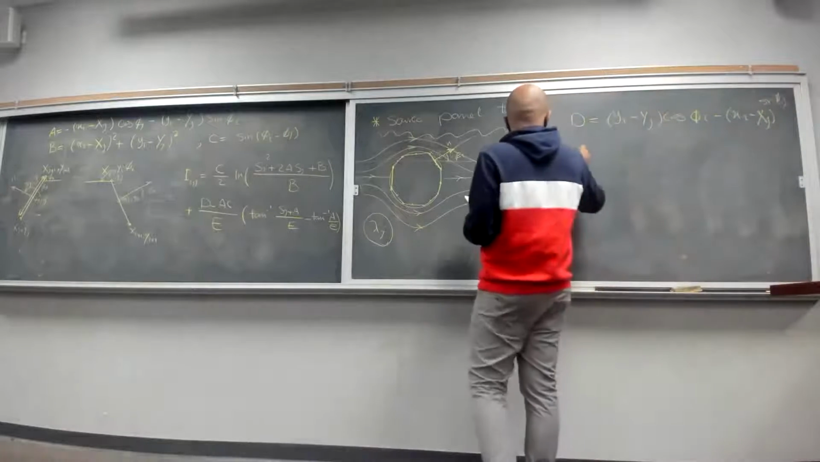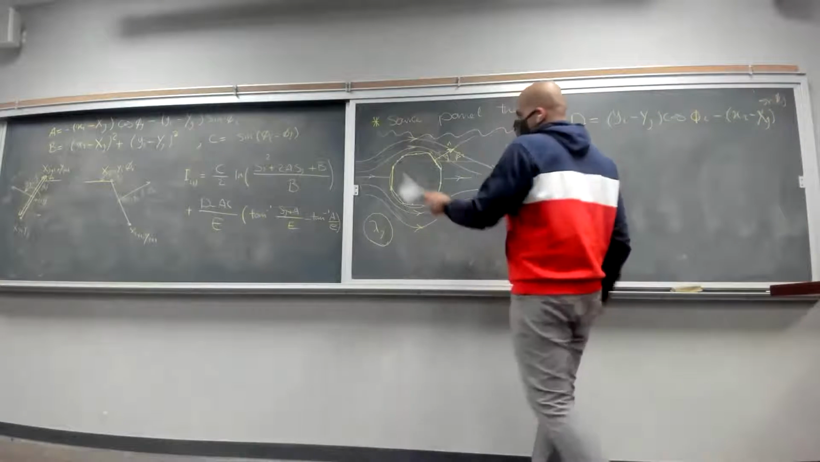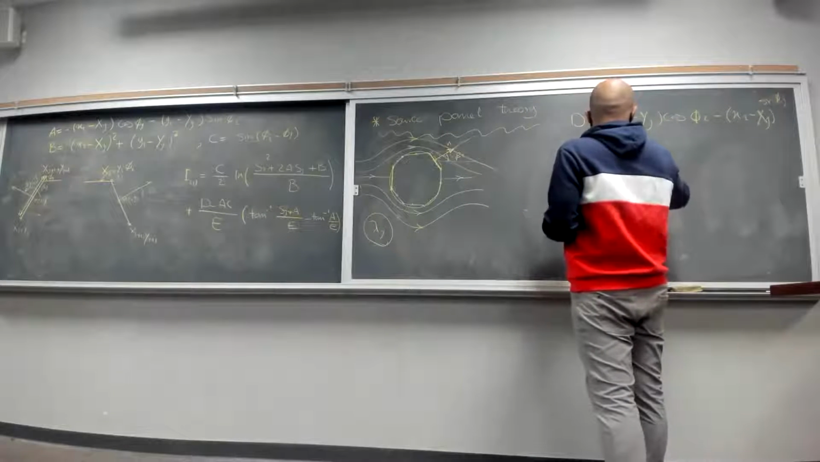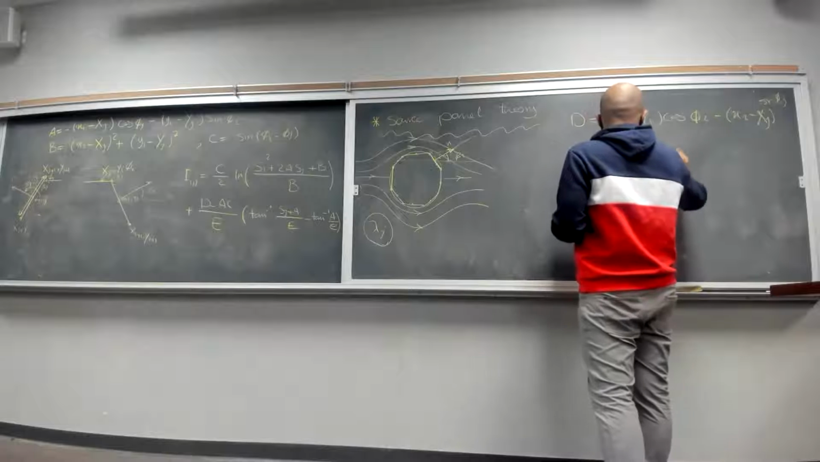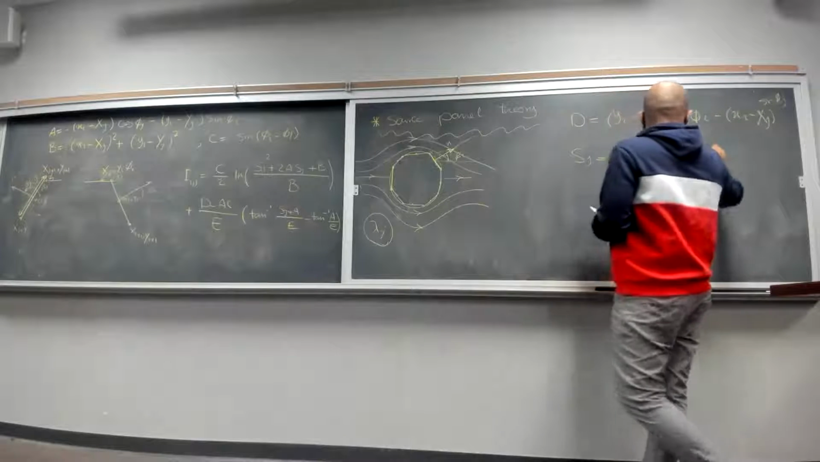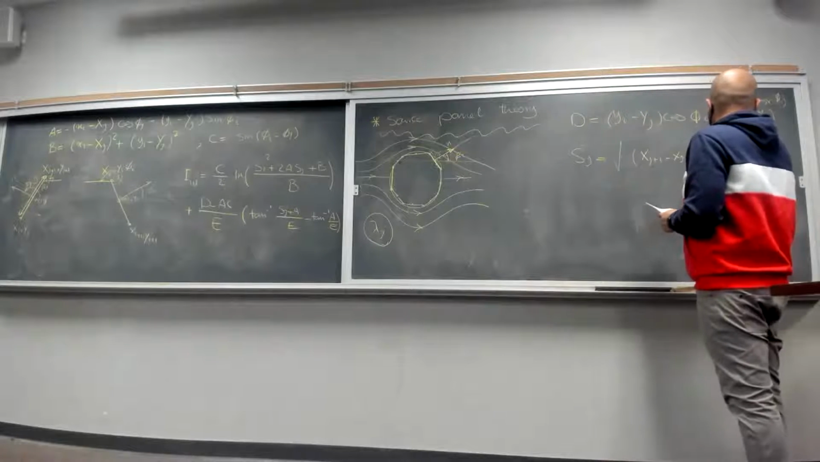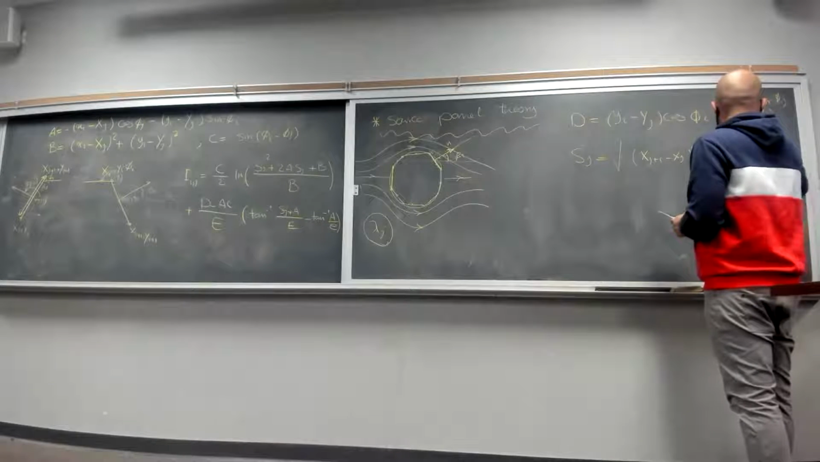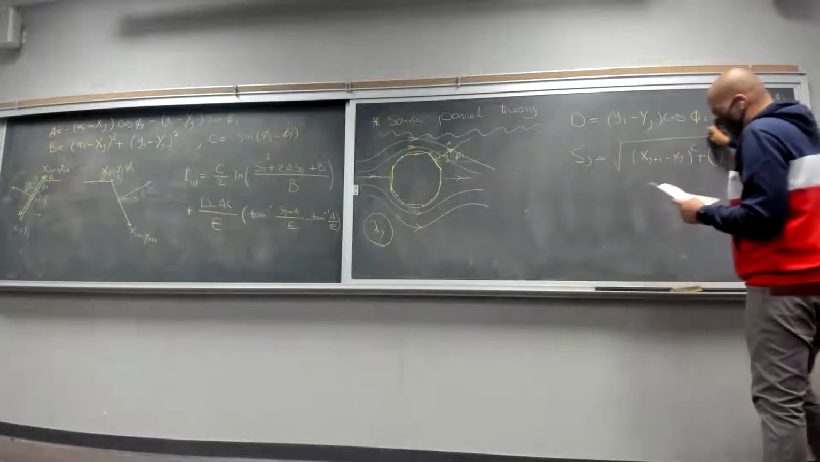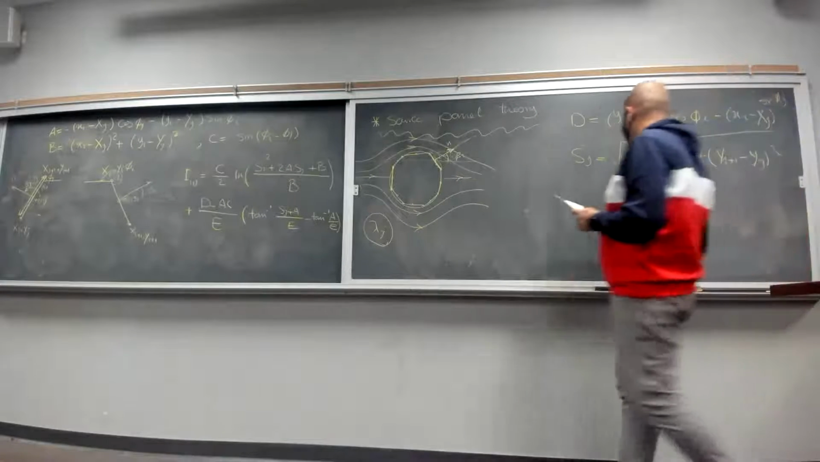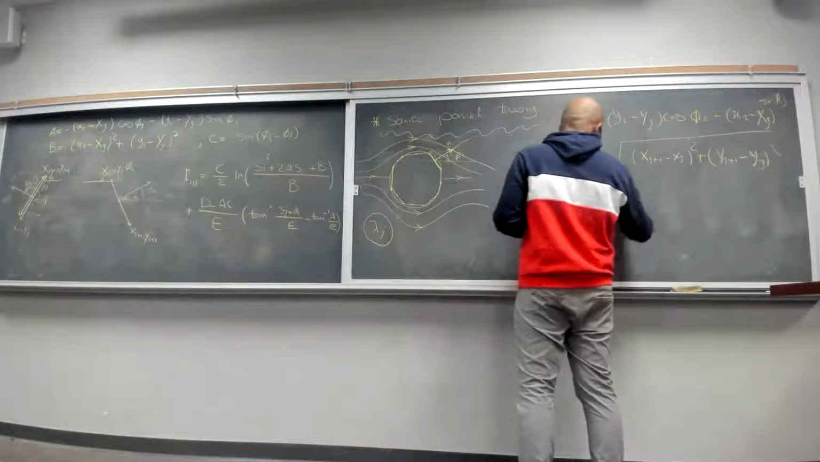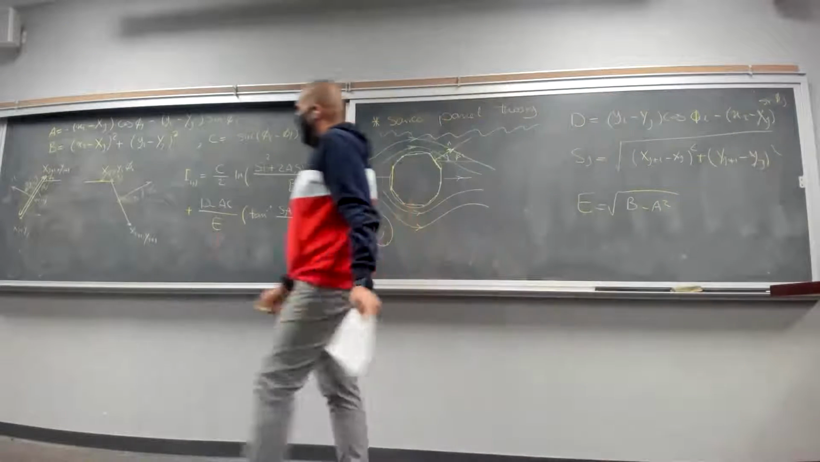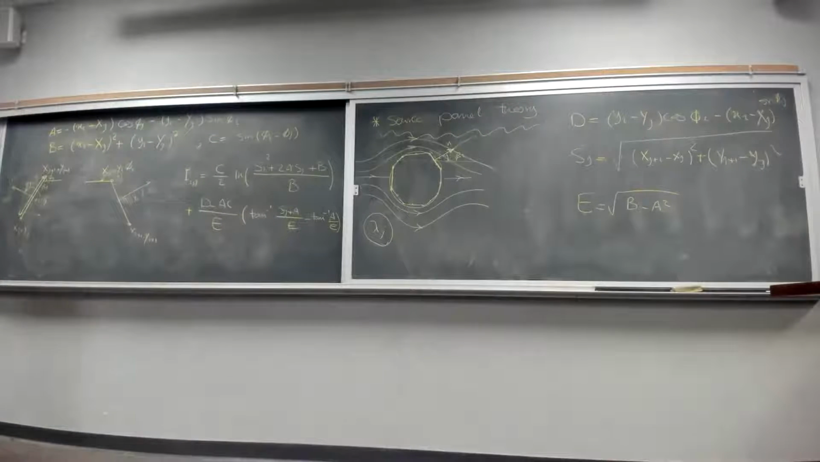But Sj, as I said, is the length of the jth panel. So it's the square root of xj plus 1 minus xj squared plus yj plus 1 minus yj squared. And E is the square root of B minus A squared. Okay, so